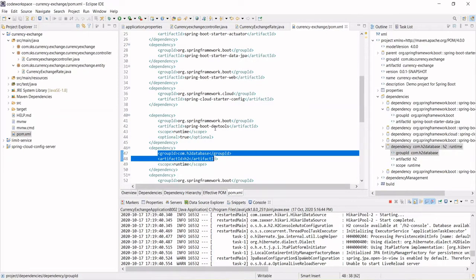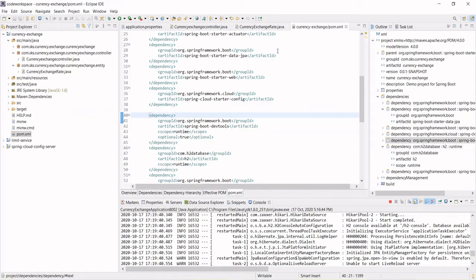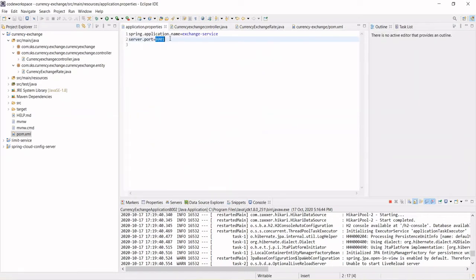Okay, so how will you do that? Let's see. So go to the application properties, and just do some configuration related to Spring Boot data JPA. Nothing to worry about, just simply type spring.jpa.